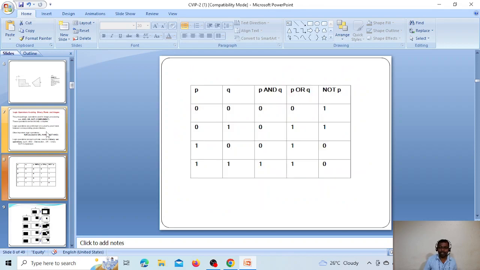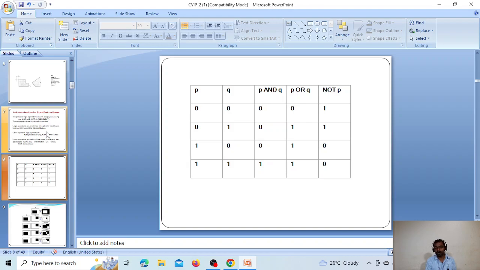So we can see the binary images. If you take 0 0, then P AND Q, P OR Q, and NOT P. We can calculate 0 0, 0 1, 1 0 and 1 1 for the binary elements. If you have 0 0, the result of P AND Q is 0 and OR is also 0, and NOT is the inverse, meaning 0 becomes 1 and 1 becomes 0.